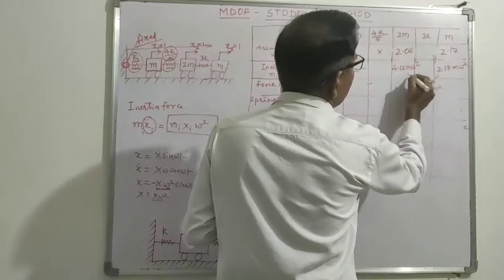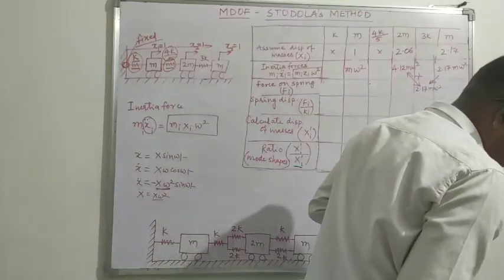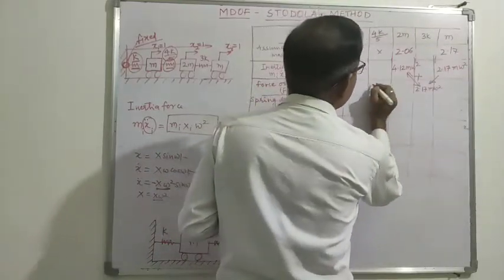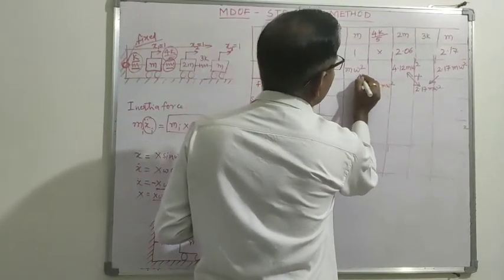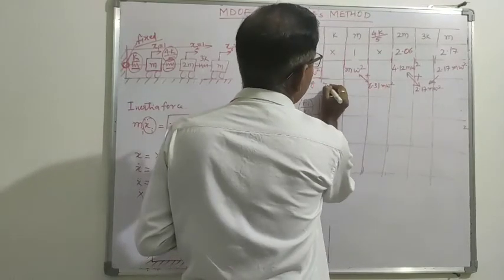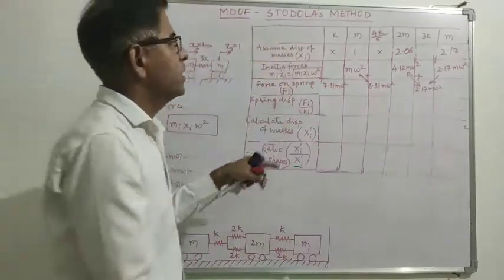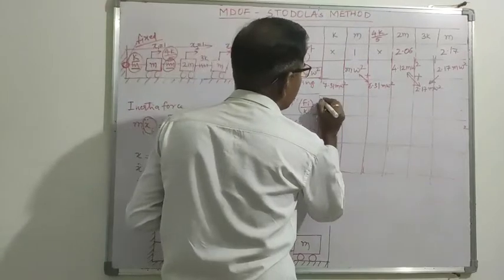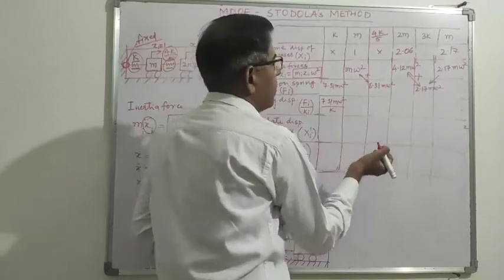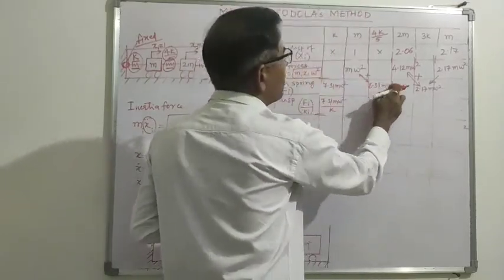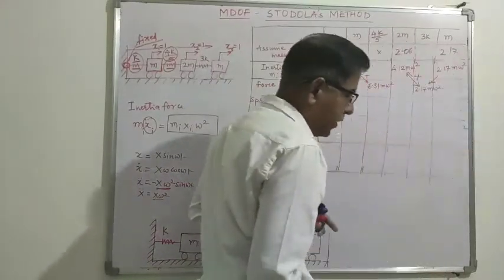Now these two values will add together. So the answer is 6.31 m omega square. Now these two values will be added together. So this will be 7.31 m omega square. Then find out the spring displacement. So force divided by stiffness. So 7.31 m omega square divided by k. This is 6.31 m omega square divided by 4k by 5. So that will give the answer as 15.2